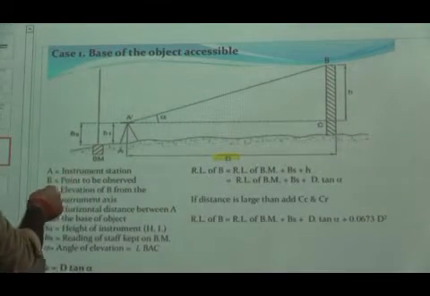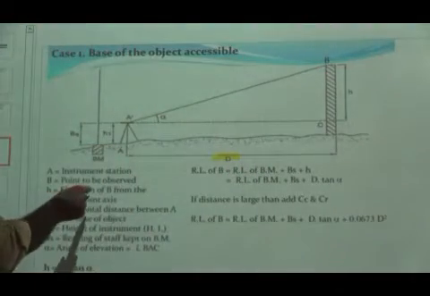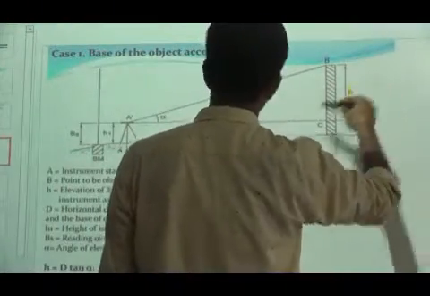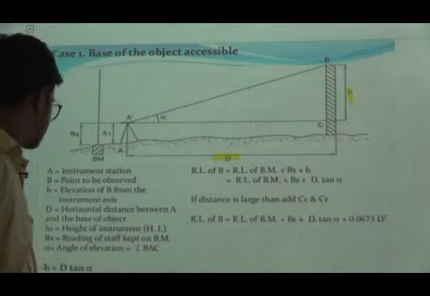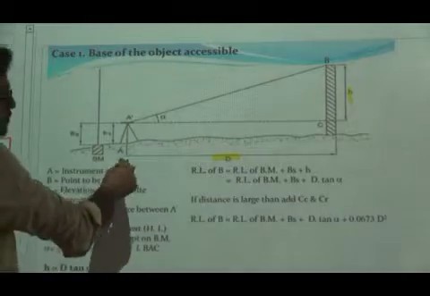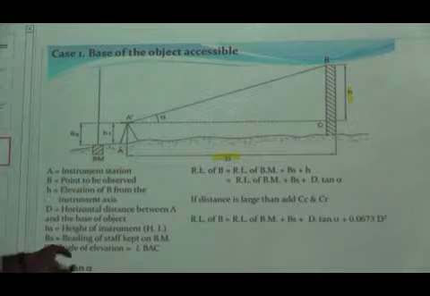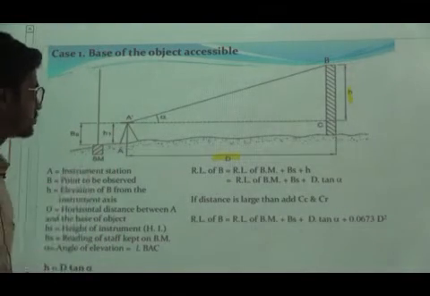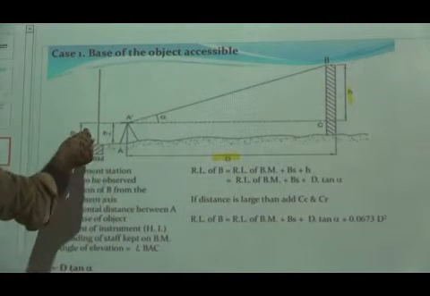So A is the instrument station, B is the point to be observed, and H is the elevation from the instrument axis. D is the horizontal distance between A and B. The backside reading is H1, as we have taken after completing the temporary adjustment of the instrument. We have to take the backside reading at the benchmark,